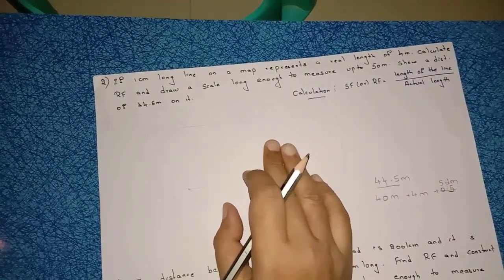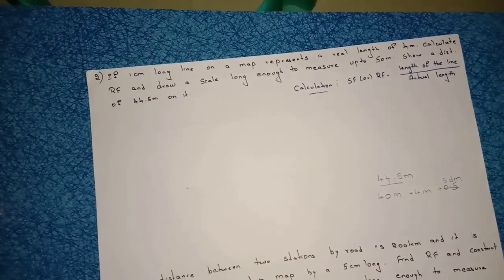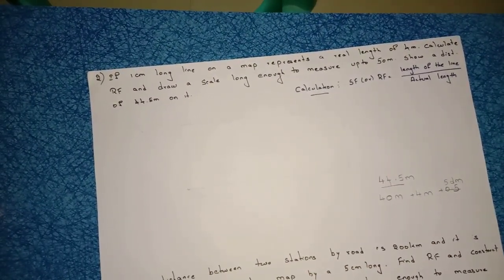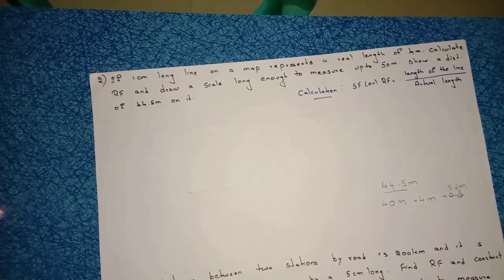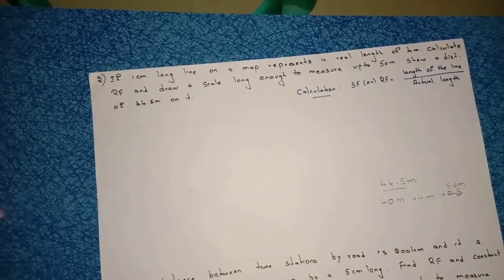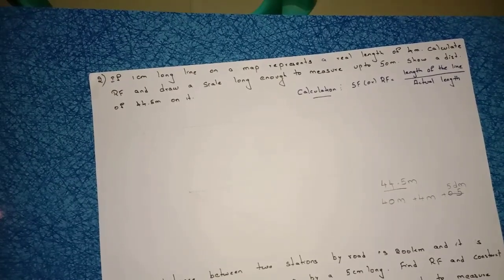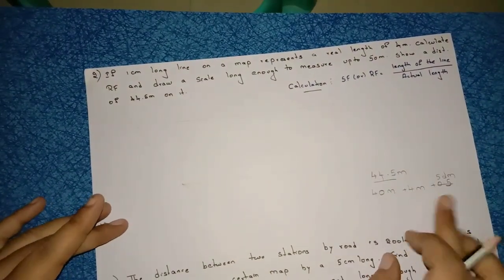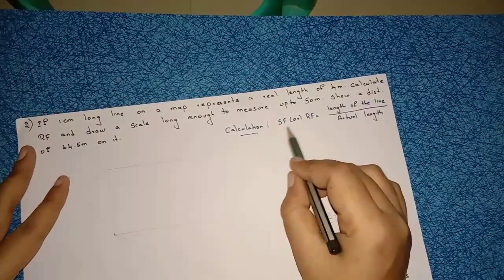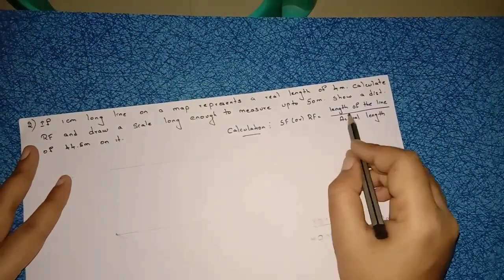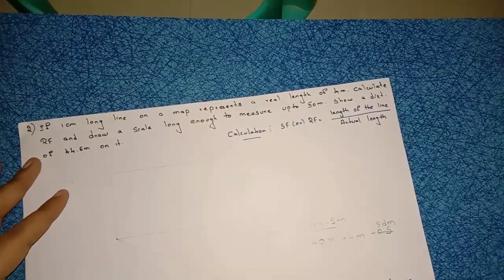In plane scales also, whenever in the question paper they mention a scales problem, first see the output, show a distance of, first see the output, split that output. If you are getting 2 consecutive units, plane scale; 3 units, diagonal scale. Right? Now coming to calculations, SF or RF equals length of the line by actual length.